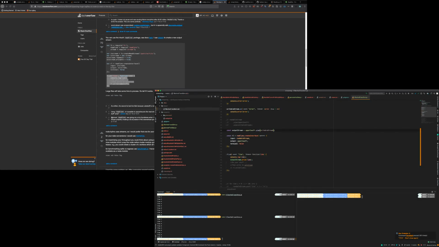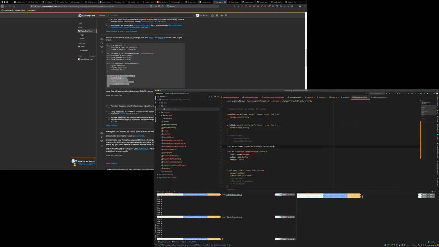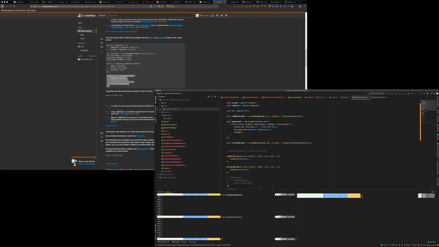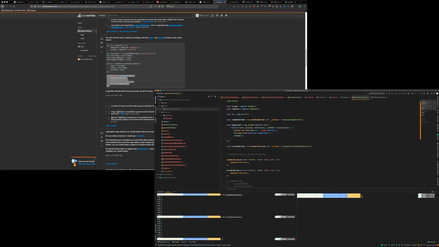Okay, so this one actually got the data, but I don't know why transform was not called,